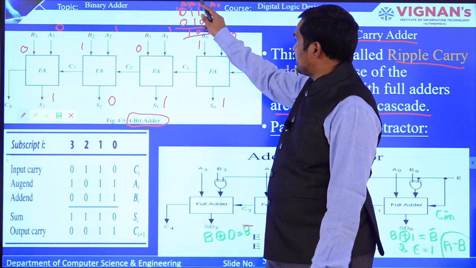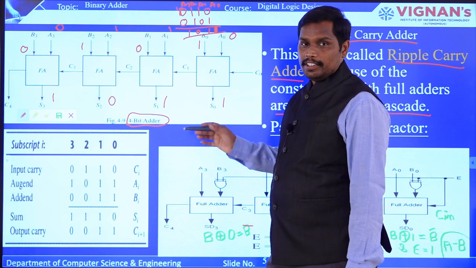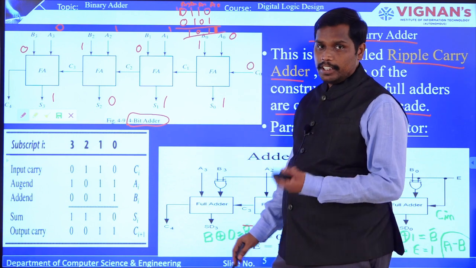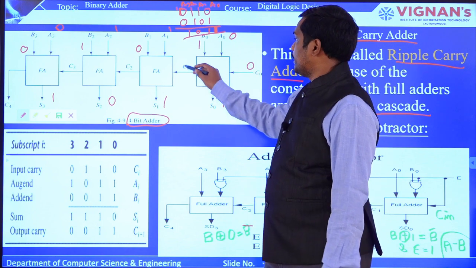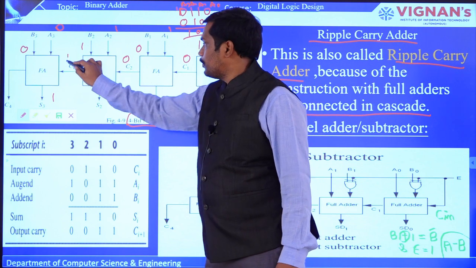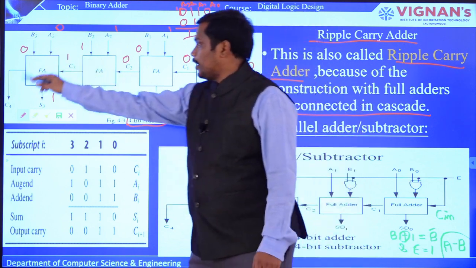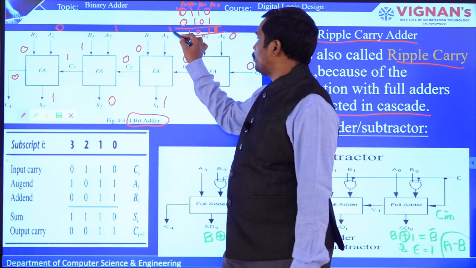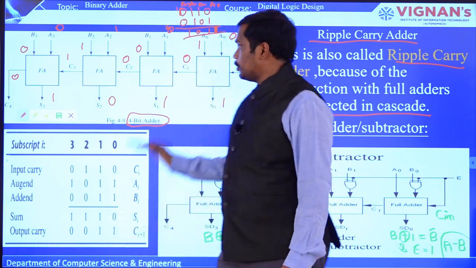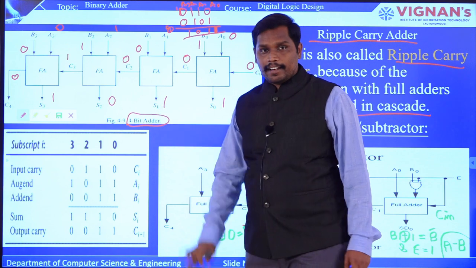Okay, and if there is any carry, then you will get a carry, otherwise there is no carry. For example, C0 will be 0. C0 is the initial state, so we'll give 0, and then C1 is equal to 0 and C2 is equal to 0 and C3 is the last one, which you get 1, and the final output will be 0 as there is no carry. So C4 will be 0. So this is how you are going to construct a 4-bit adder, right?